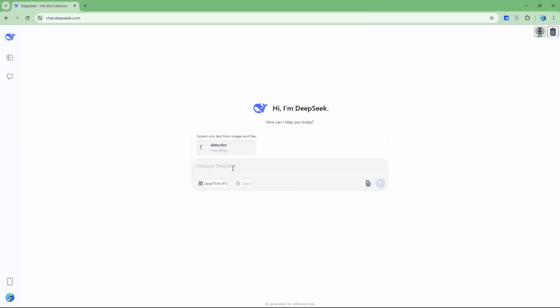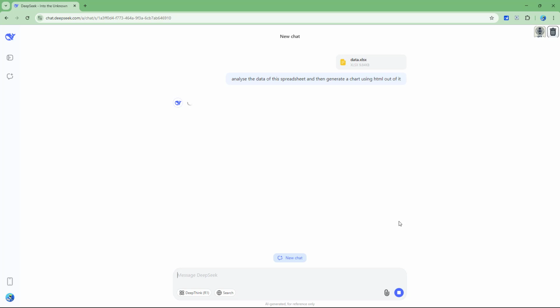So now once that is done, I can simply go ahead and, for example, tell it to analyze the data of this spreadsheet. So I can say analyze the data of this spreadsheet and then generate a chart using HTML out of it, just like this. So if I go ahead and hit send right here, then what happens is that it will simply go ahead and generate it,